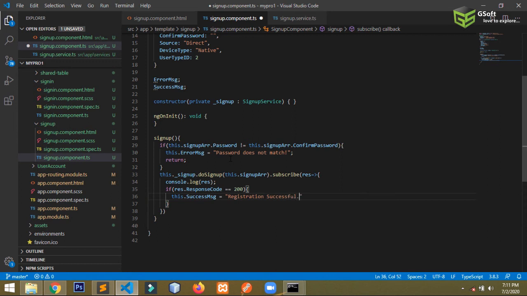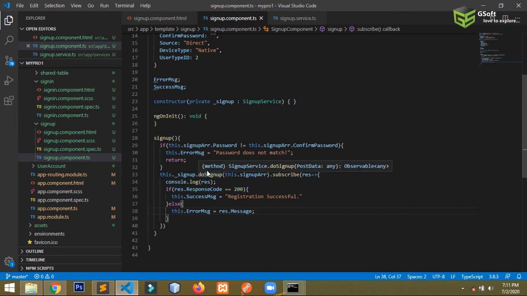Okay guys, and else if the response code is not 200, then it should show this dot error message equals to, I will use the message whatever the message is coming from the API. Okay guys, so in this way you can use here.